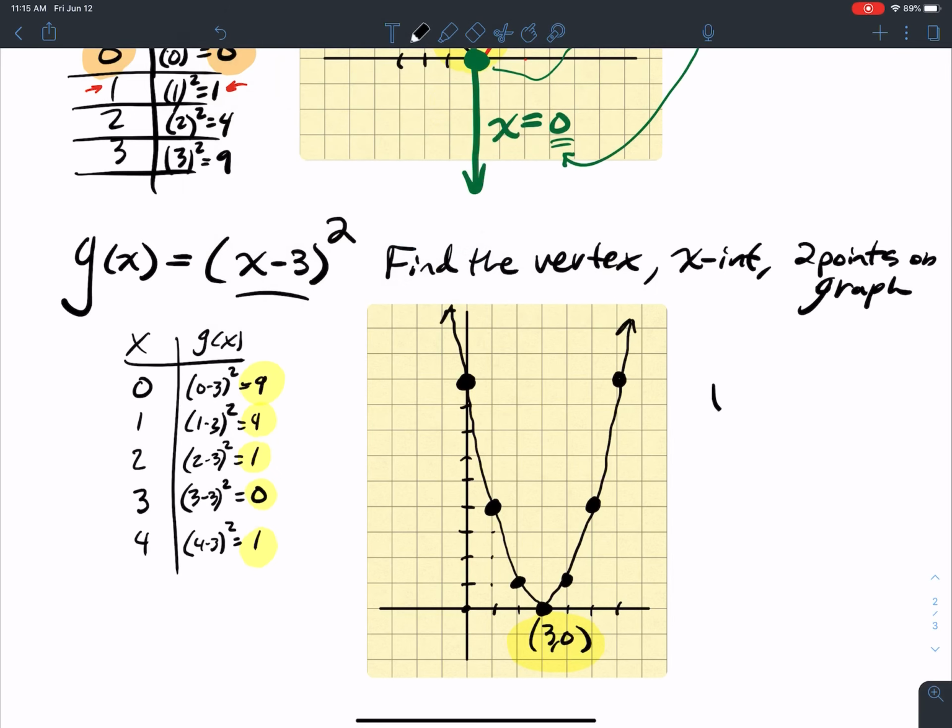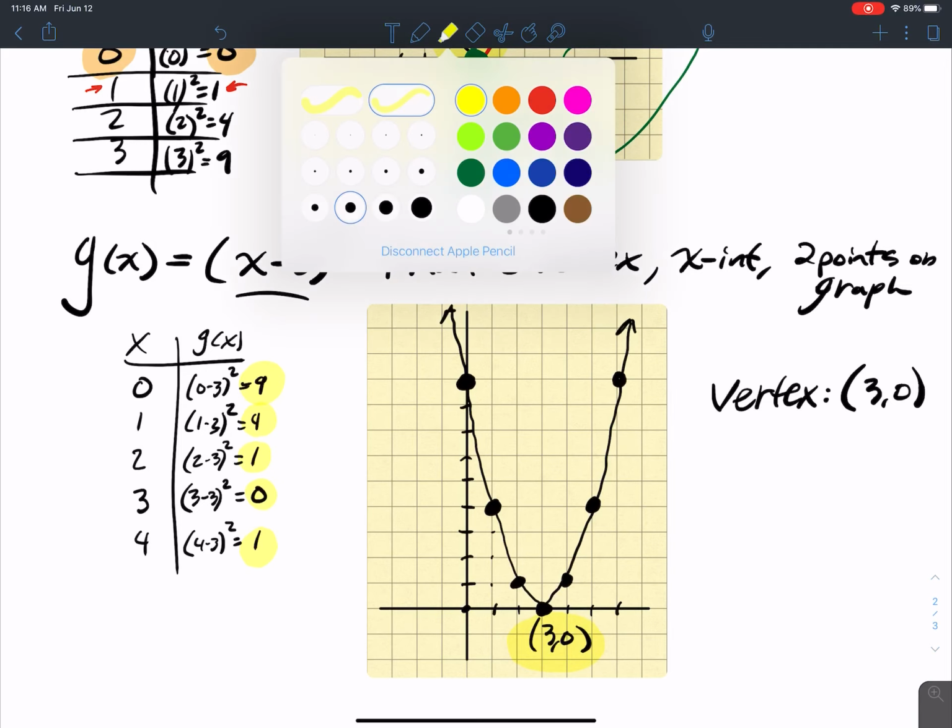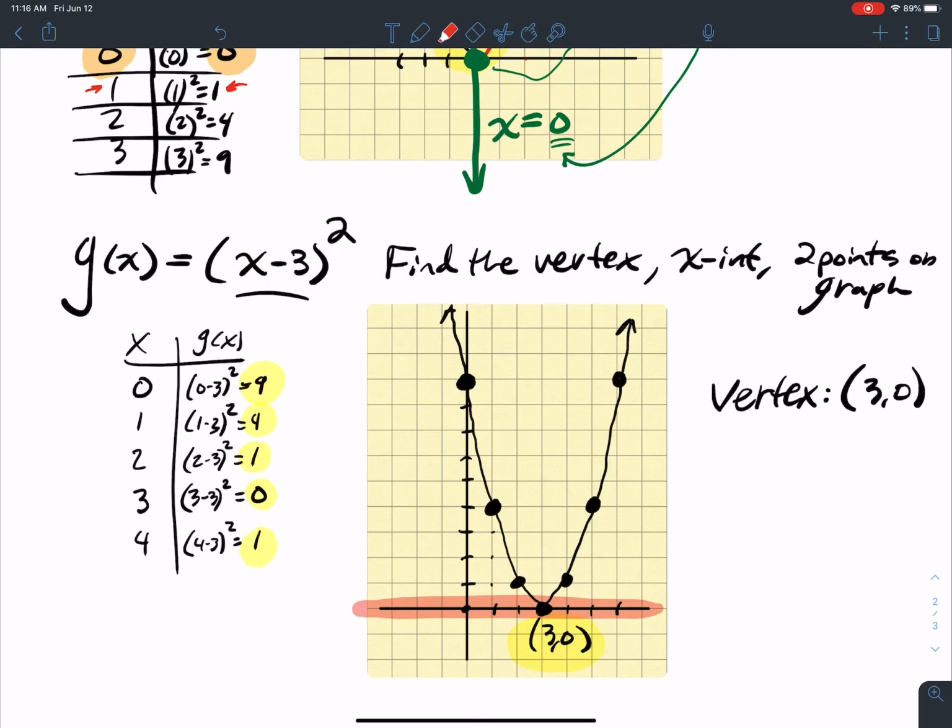So the vertex is (3, 0). The x-intercept, where do we cross the x-axis? Do we? Yeah, we do at one spot, and that one spot is the vertex. So the x-intercept